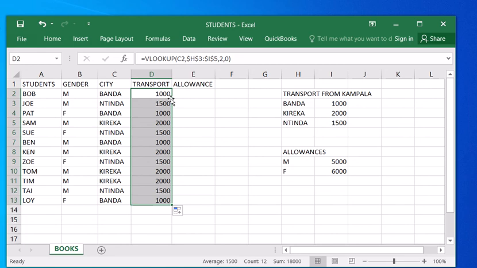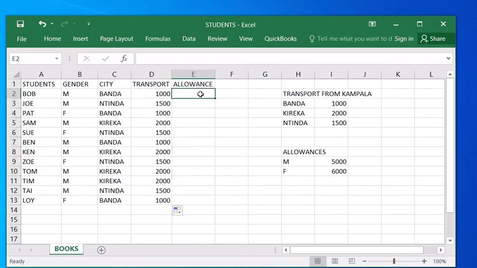Okay, so let's go ahead and assign allowance as follows. Let me just go ahead with what is given in the exercise. We are supposed to assign allowance as follows: 5,000 for males and 6,000 for females. Again, we are going to do the same thing. We click in the cell where we want to place our allowance, and we start with the function is equal to